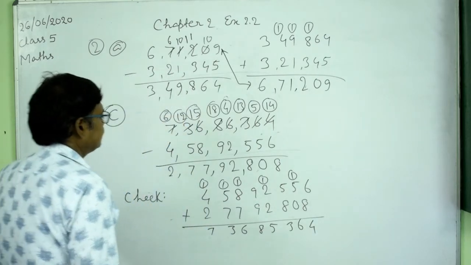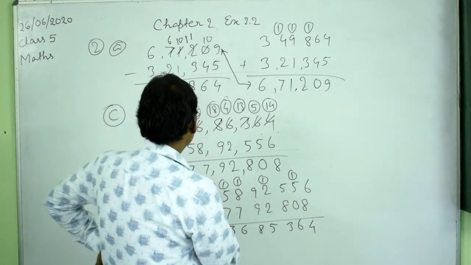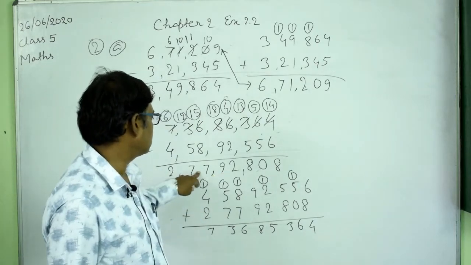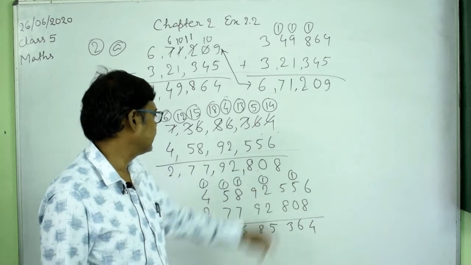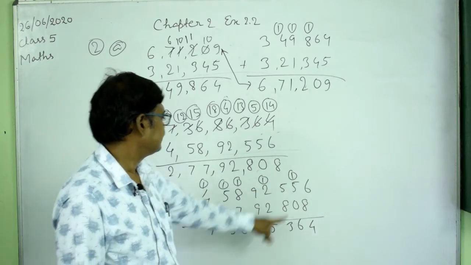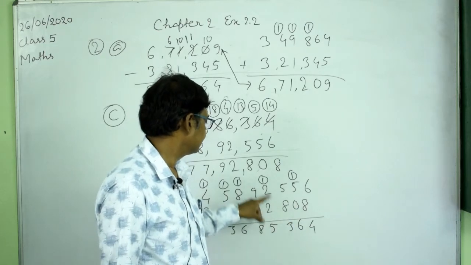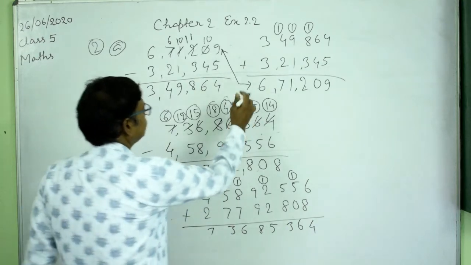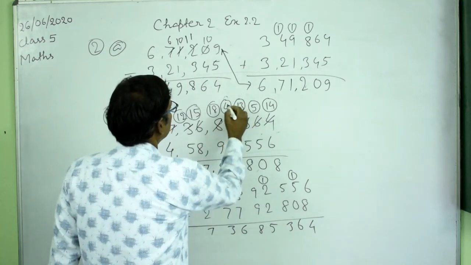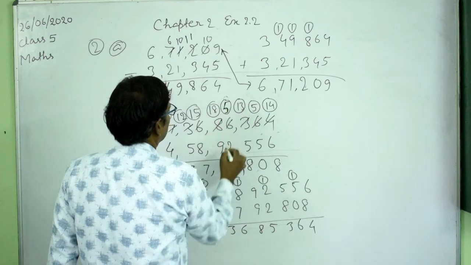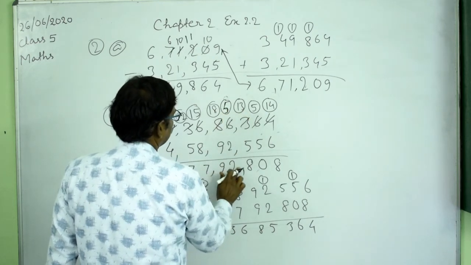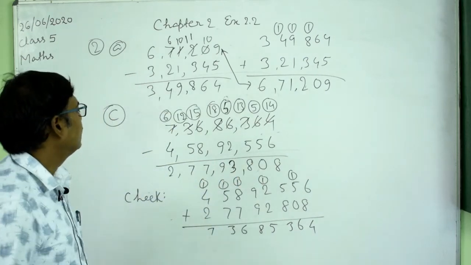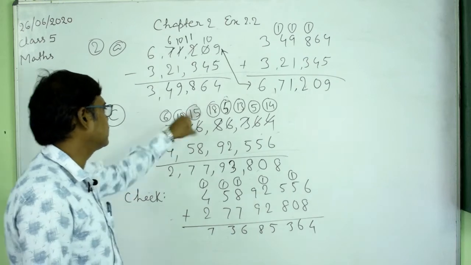Here something is wrong. Okay, so it is 2 crore 77 lakh 92,808 here, and here it is something wrong. Actually it should be 5 here. Okay, yes, 5 minus 2 here it is 3. So see here that after checking we catch the error. Okay, we can catch the error like this.